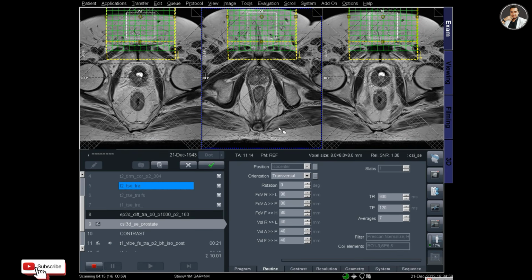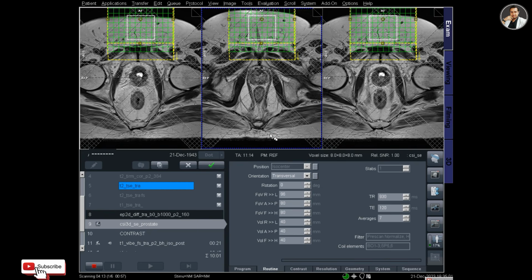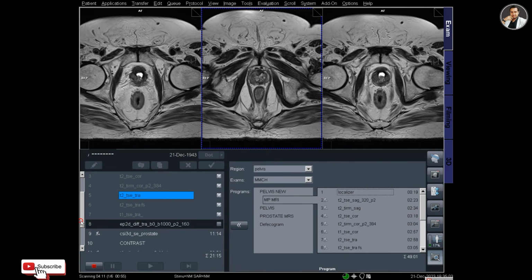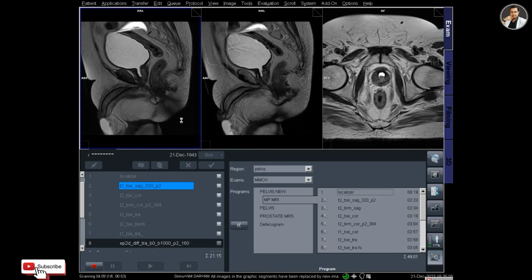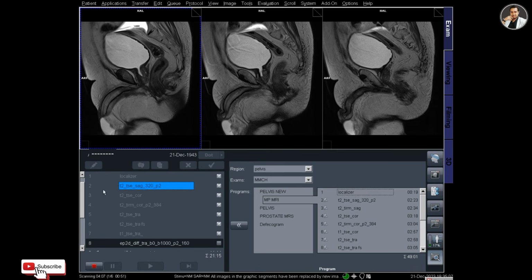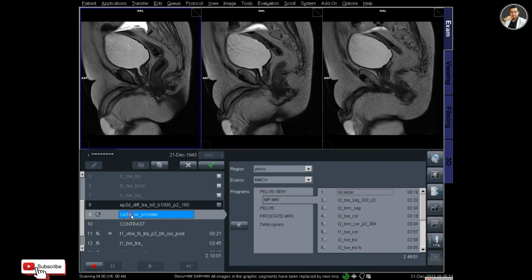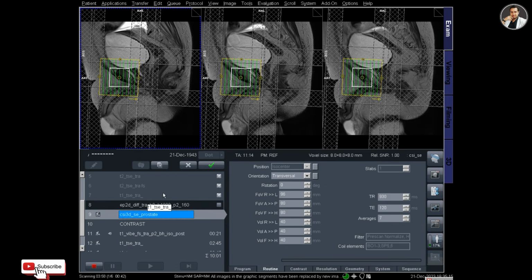So planning the MRS protocol is a little tricky and it's challenging. So I will check both on the sagittal and axial, that the planning is on the right plane.